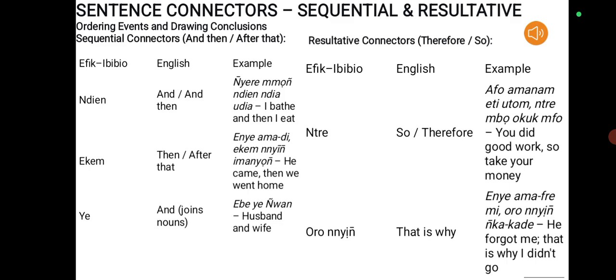Endemir yuzonobok, ikom enyamon, ikom endyoyudia, ko akpeta enkoyutum. That means I woke up in the morning, then I bathed, then I ate, and finally I went to work. Resultative connectors show what follows logically from what you just said. The main words are entre and tem, both meaning therefore, so, or as a result. You use them to close your thought. For example, ISO idep, entre omi enkogi yura, meaning it rained, therefore I did not go to the market. With sequential words you tell stories, and with resultative words you show thinking. Together they turn random sentences into a clear sequence with a point.